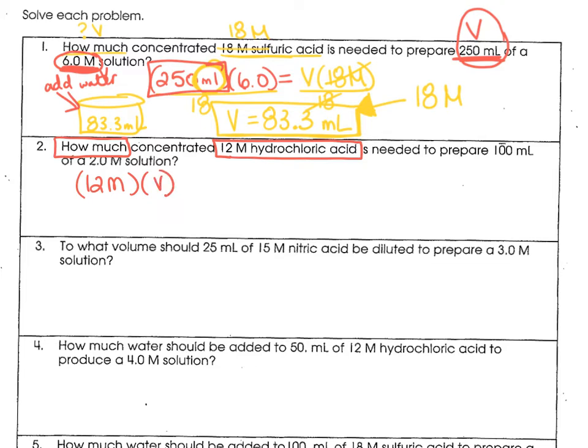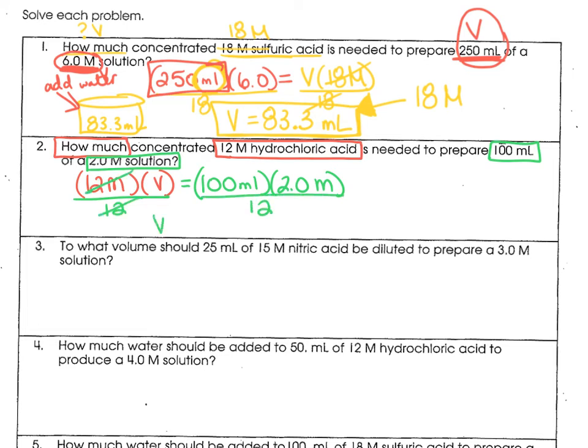I want to make 100 milliliters, so I'm going to set that equal to 100 milliliters of a solution that only has a concentration of 2 moles per liter. So I want to solve for V, so I'm going to divide both sides by 12 in order to find out my volume. So I'm going to do 100 times 2, and I'm going to divide that by 12. So 200 divided by 12 is